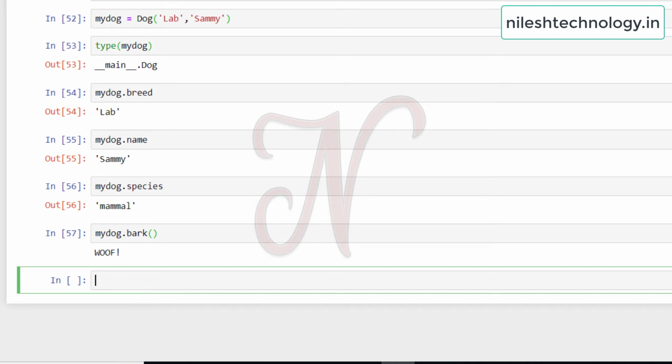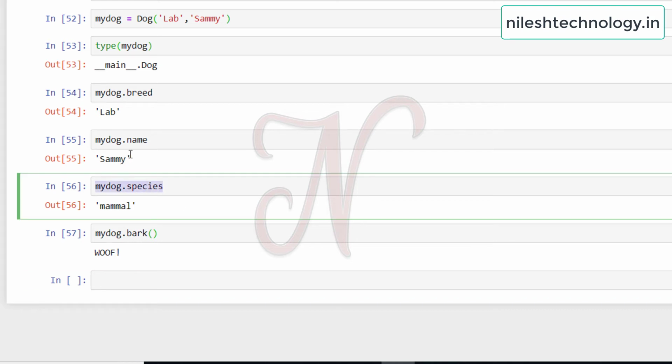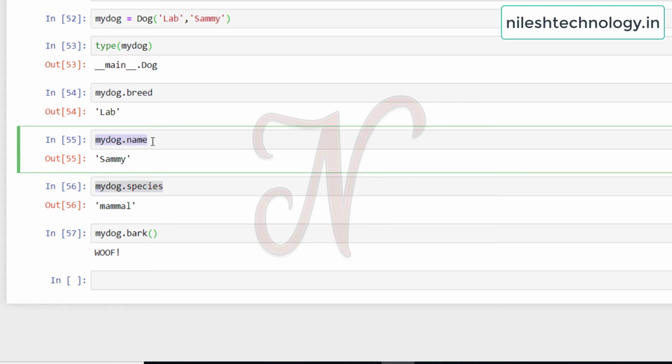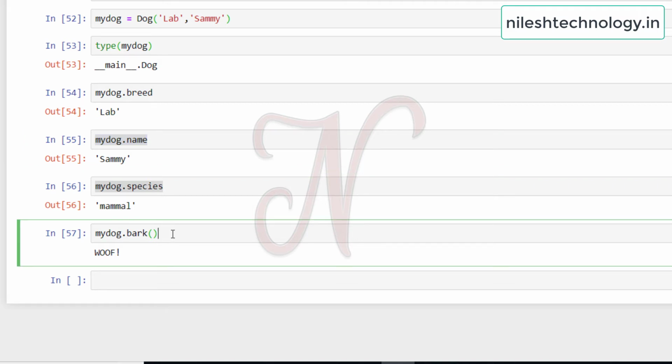So one of the key differences between an attribute and a method is the way we call them. Notice that attributes never have opening and closing parentheses, and an attribute is a characteristic of the object. See here, when you access species or name, there is no need to use opening and closing brackets, but when you want to access a method in a class, then there is a need for this parenthesis. So attributes are the characteristics of the object, just the information about the actual dog. Methods need to be executed.